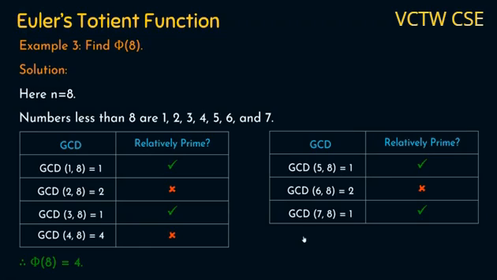So computing the Euler's Totient function or phi function for smaller numbers will be easy. If the numbers are big, then we need to think of solving it in an easier manner. So keep your fingers crossed. In the next lecture, I will explain how to compute the Euler's Totient function or phi function for bigger numbers using